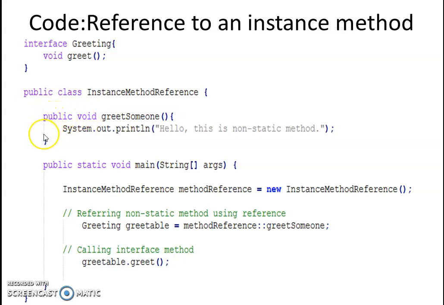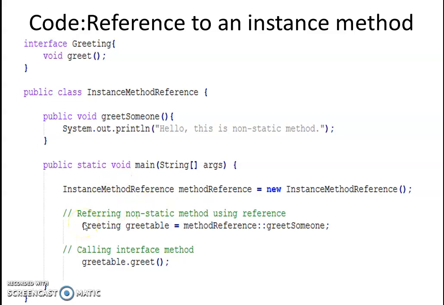This method is named greetSomeone, and this function is printing one statement: hello, this is non-static method. Next we have public static void main, and inside this main method we are creating an object of this class. So class name is InstanceMethodReference. We are creating an object, and the object name is methodReference equals new InstanceMethodReference. So this is the syntax to create an object, right?